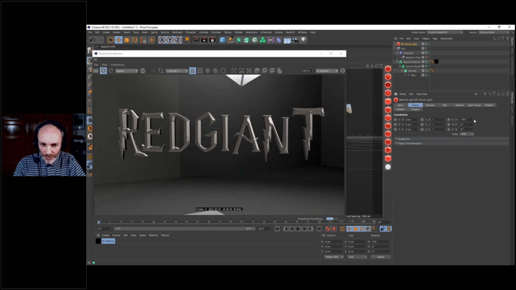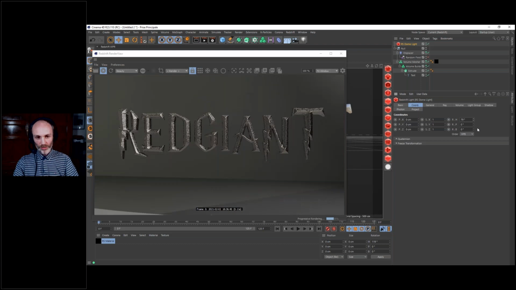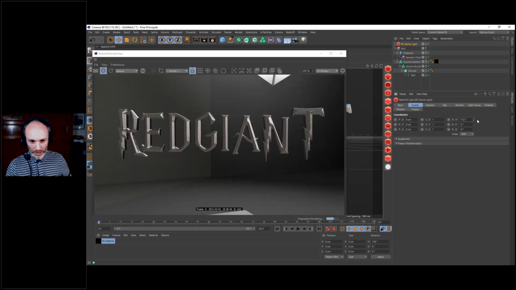we have some very different result according to where we're going to shine our light. And I could just work on my lighting just using the dome light. That would be okay because it has some nice reflection. It works, but we will try to go a bit further than that. I'm going to create some custom lights to light our scene.